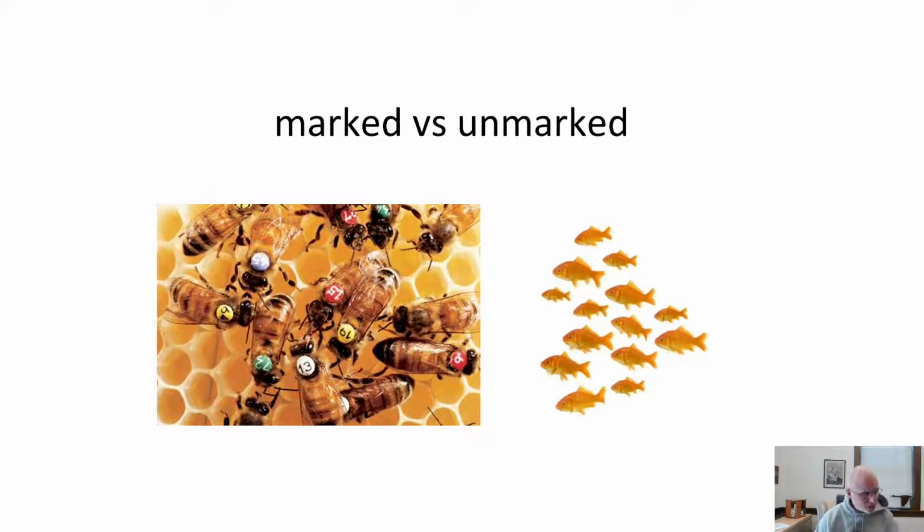Now, another thing which has emerged recently, within the last 10 years, is this idea that we may be able to make reasonably defensible inference simply by counting the number of individuals that we detect at any particular point in time. And what we have here on the right is a representation of that. So we have 1, 2, 3, 4, 5, 6, 7, 8, 9, 10, 11, 12, 13, 14 of these goldfish